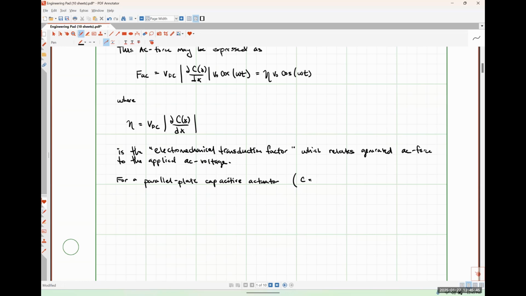For a parallel plate device, our capacitance is epsilon A over D minus X, where X is the position of the movable plate from its unbiased position. So for a parallel plate capacitor, whose capacitance is that,